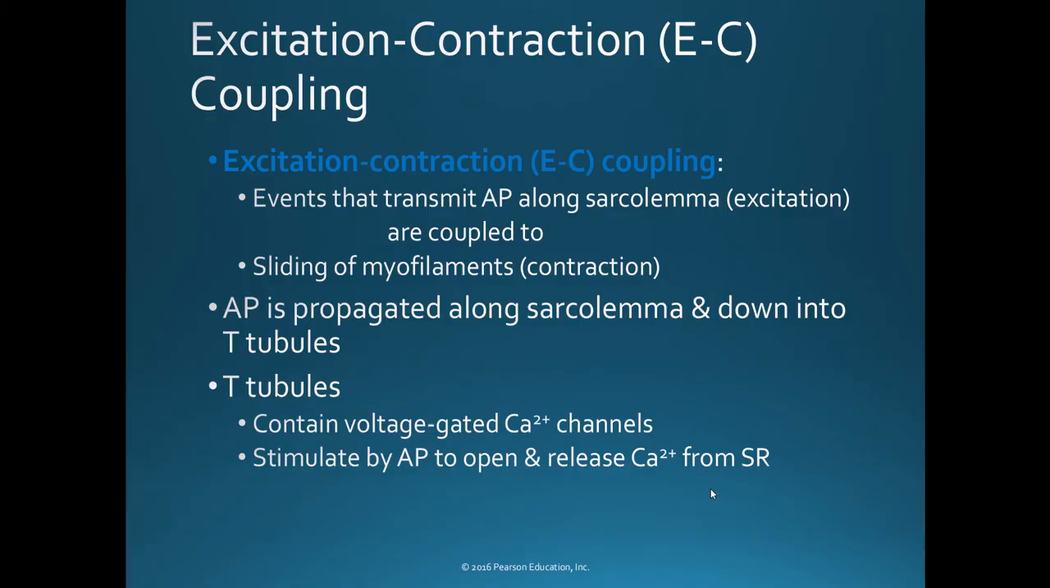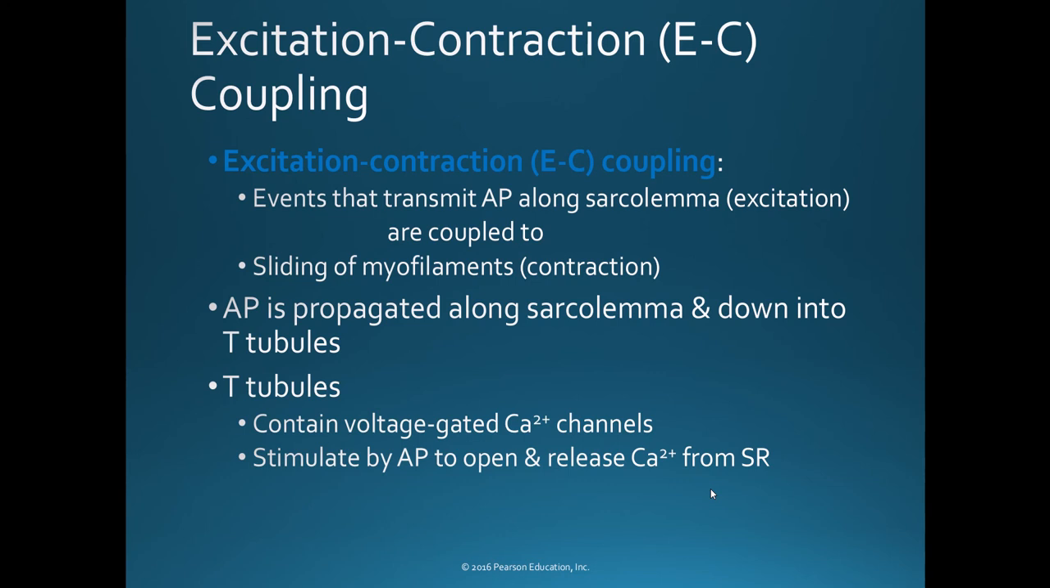So this excitation, contraction, coupling links all of the electrical currents, the excitation, to the actual mechanical movement and sliding of the filaments. That's the contraction part. So: excitation, contraction, coupling. That action potential spreads along the muscle membrane, along the sarcolemma, and then down deep into the muscle fiber